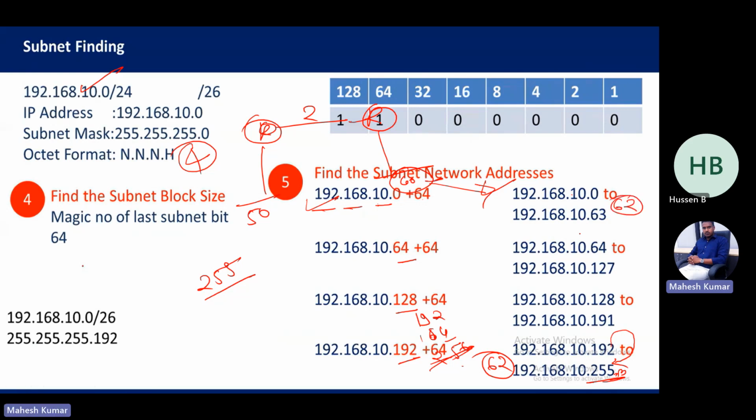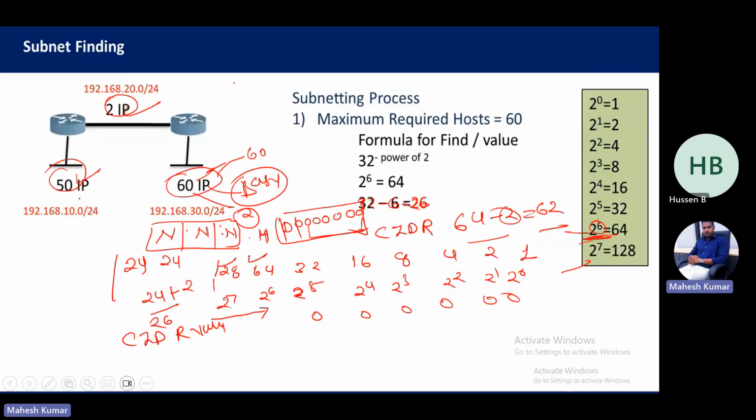Again, the second one is from 64 to 127. Here also 62 PCs can connect. I will assign this one to this side. Again, we have 128 to 191. Here also we can use 62. I can assign it to this one, but still IPs are wasted. Here we required 50, but still 12 IPs are wasted. It is wasting, but better, because in the previous slide we were using 10.0,